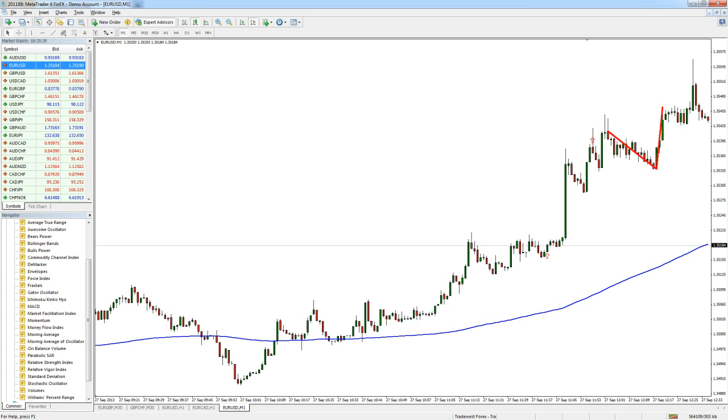Now, Ed brings up a good point. He says the 200 EMA is way too lagging, isn't it? Okay, well, let me tell you this. Moving averages are lagging indicators, and that doesn't affect us, though. We're not using a moving average like everybody else. Most people are trying to wait for a crossover, or they're using it as their method to enter the trade. We're not doing that here. We're simply using it to tell us the overall momentum of the market. So that's why we don't care how long that period is. 200 bars is fine. We're not worrying about the lagging